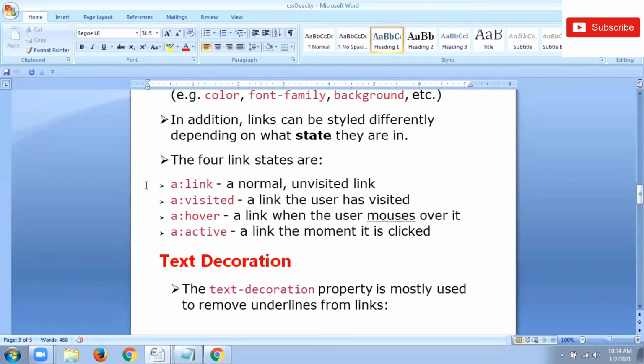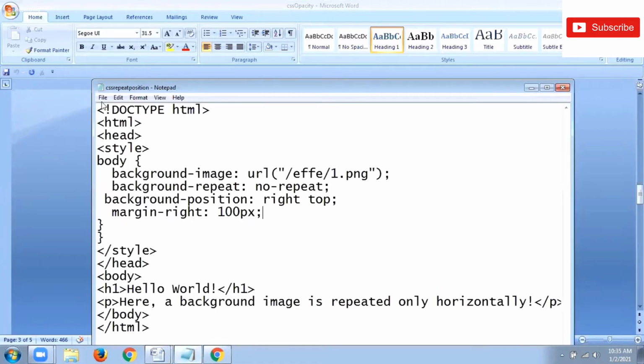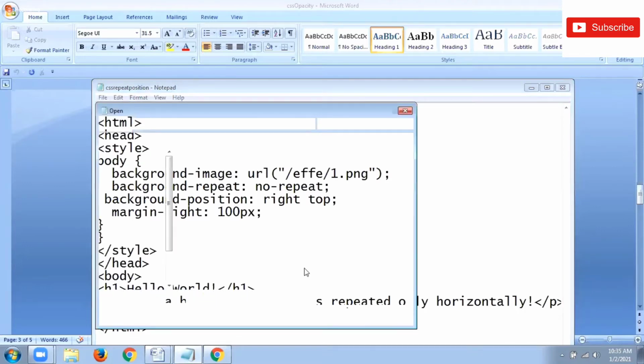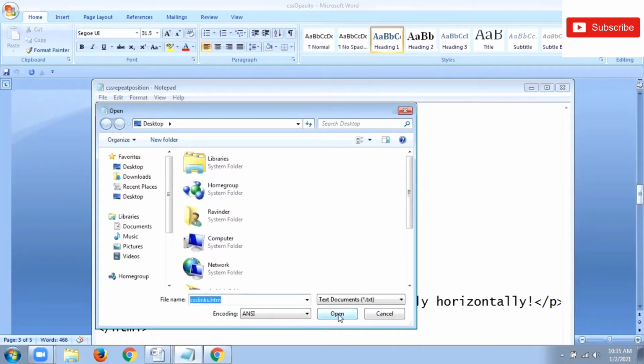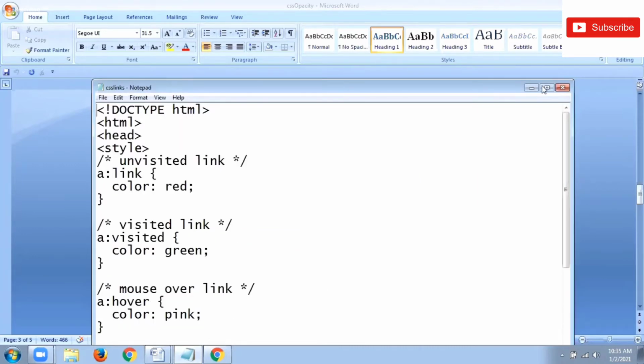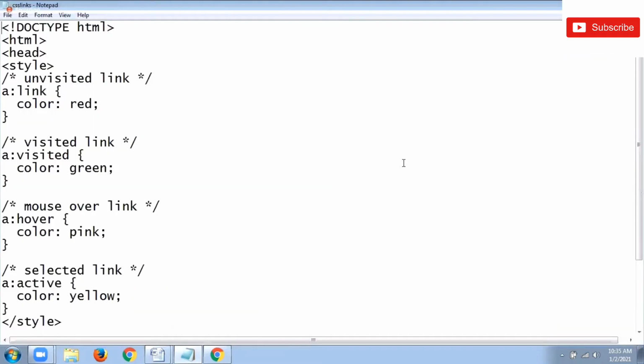So these are the 4 different link types you can use with CSS. Now let us see the code in which all 4 link types are used. Is it clear to everyone?